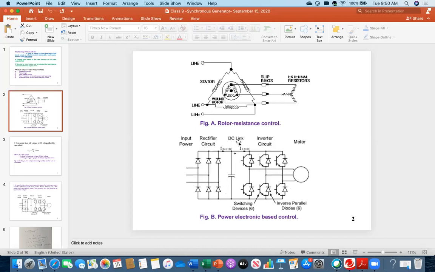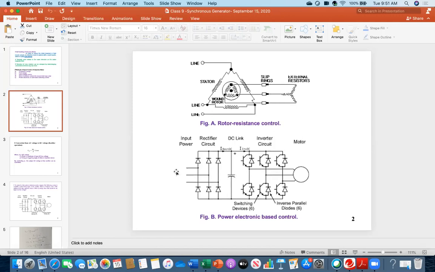You will be remembering this term, DC link, because this left side is AC, and the right side is again getting AC. In between, it is kind of making a balance between the left side and the right side. That's why it is called the DC link capacitor. Typically, this is small rated, in the microfarad range, or it can be the millifarad range, not the farad range. This is not a very big value. Its function is just to reduce the ripple, eliminate the ripple, and maintain a balance between the right side component and